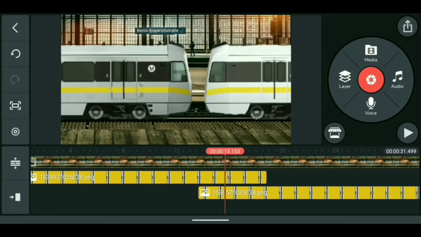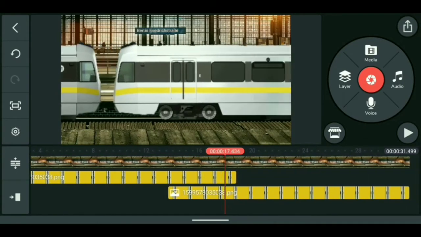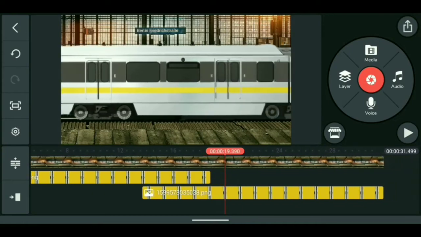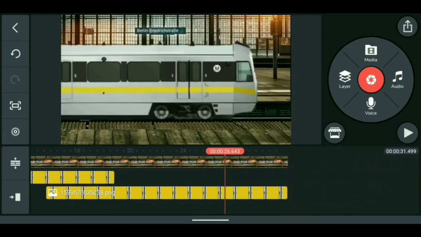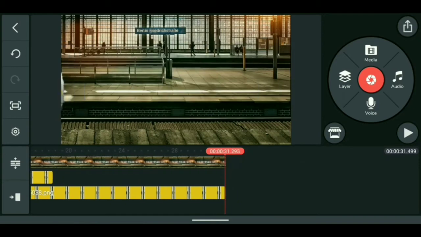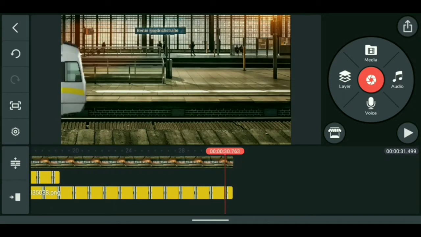Place it here, and here you can see the boxes are merged, resulting in a big new train. In a similar way, you can add as many boxes as you want.